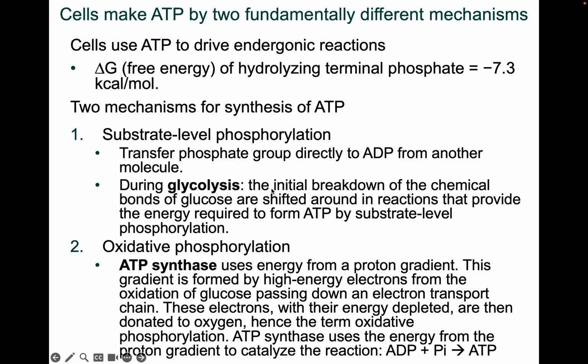The first way is the substrate level phosphorylation. And this mostly happens when we actually break down glucose. And when we break down glucose, the energy released, we use it to power phosphorylation of ADP. So ADP is basically adenine diphosphate. So when we break down glucose, we have energy, and that energy is going to help a phosphate come here and become ATP.